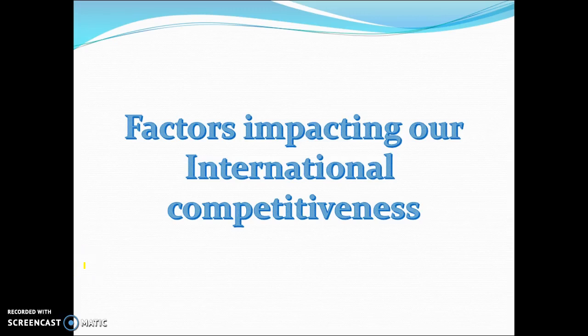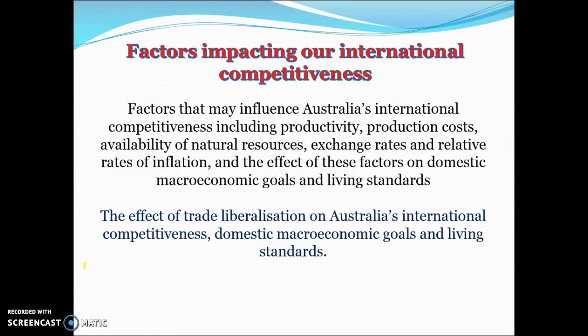Okay, in this first video we're going to look at the major factors impacting Australia's international competitiveness. The main ones you need to look at include productivity and production costs. There are three types of production costs you need to focus on mainly, availability of natural resources, how exchange rates impact international competitiveness, relative rates of inflation, and then be able to assess how these impact our domestic macroeconomic